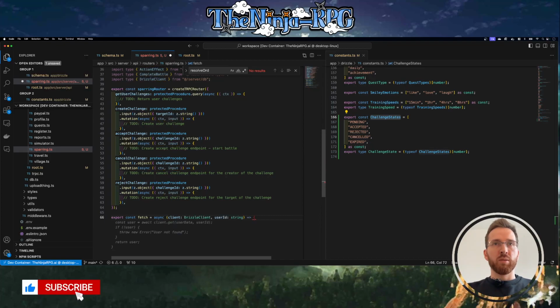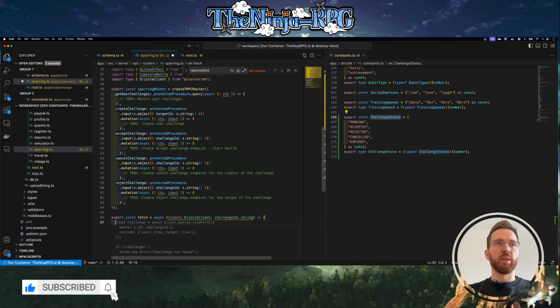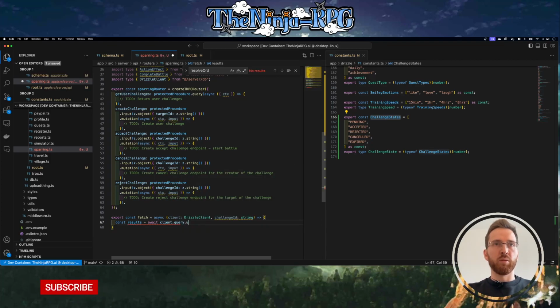Client. Why would it take a user ID? I think it should be a challenge ID. So this method will just basically fetch the challenge. So do await query user challenge find first, and we do where equals user challenge ID is equal to that input,